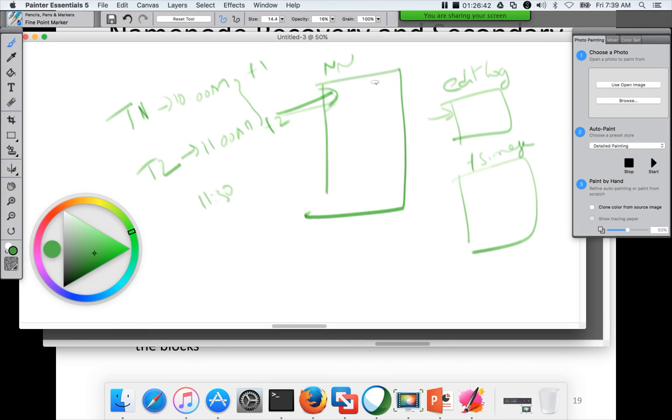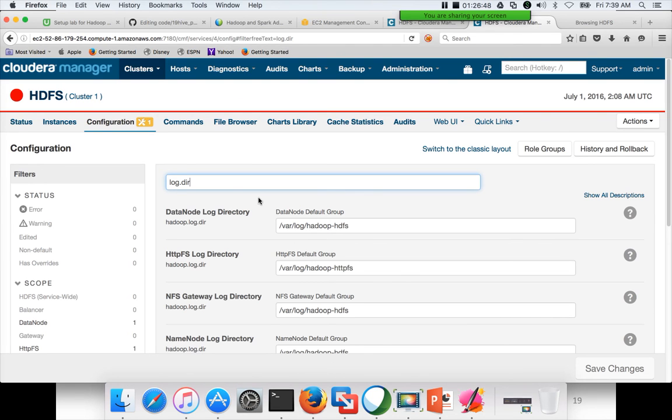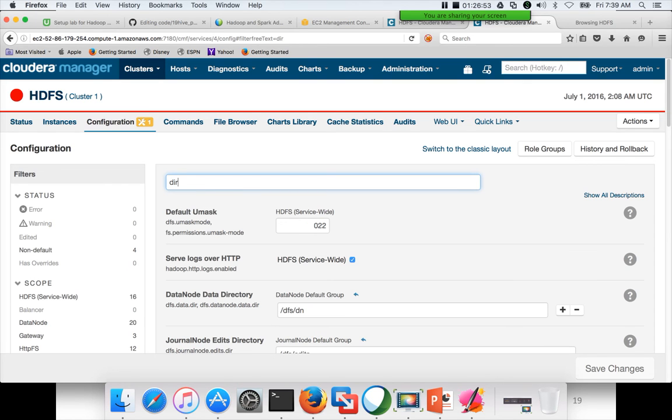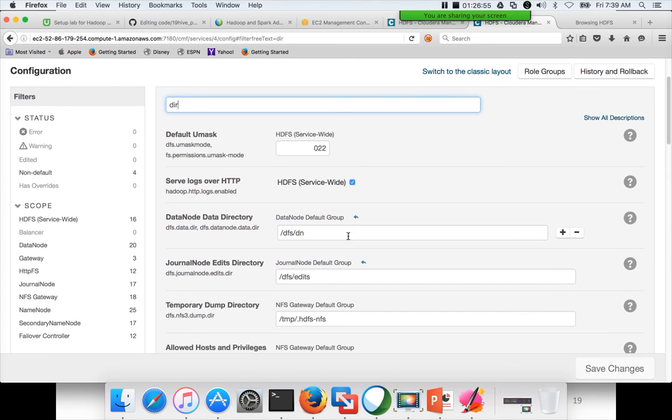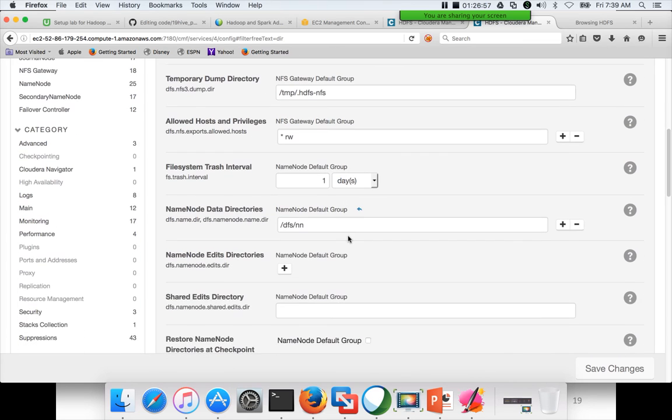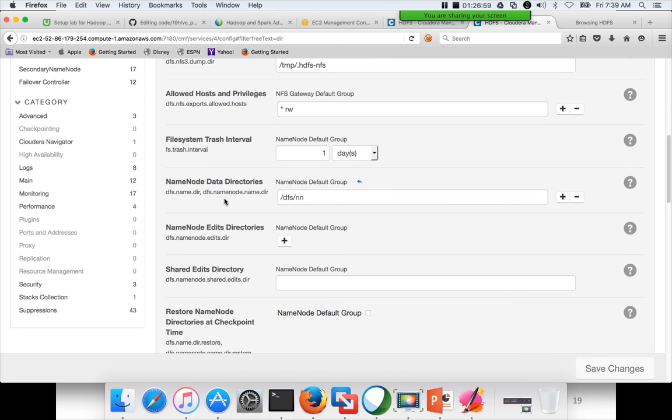You don't need to manage them directly. As long as you configure them, that is more than enough. Again, the location: you can search for dir in the HDFS service, and if you scroll down, there is a directory called dfs name dir or dfs name node name dir.